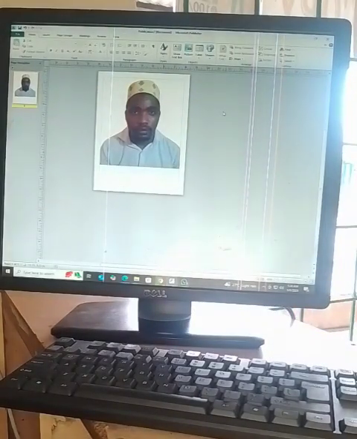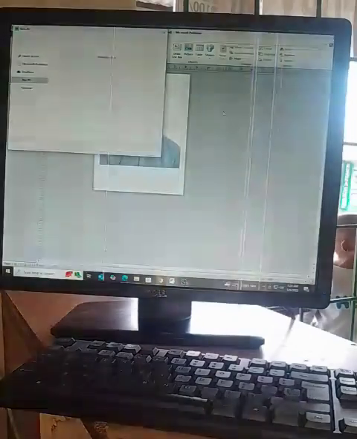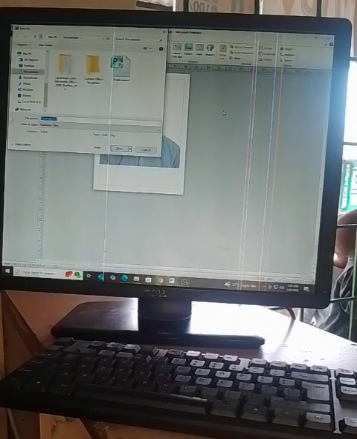As you can see, the background is removed and our photo has changed from yellow background to white background. I'm saving to the desktop.